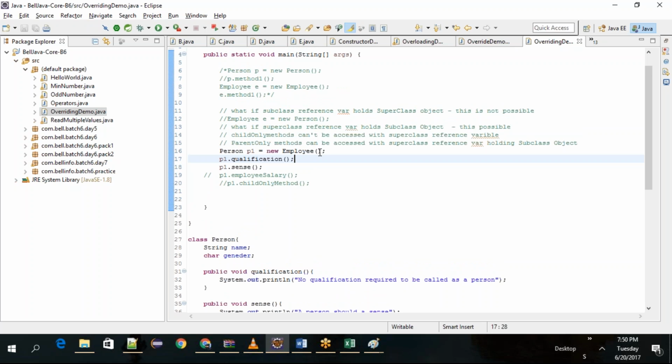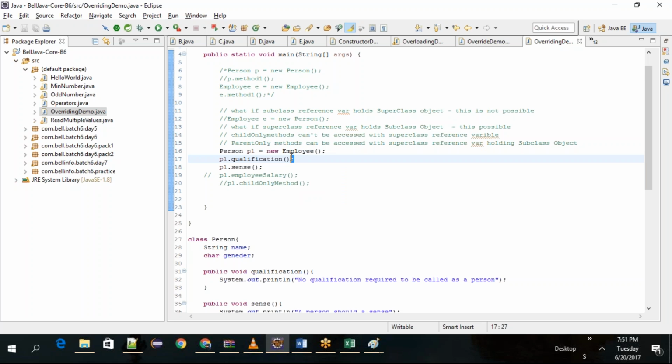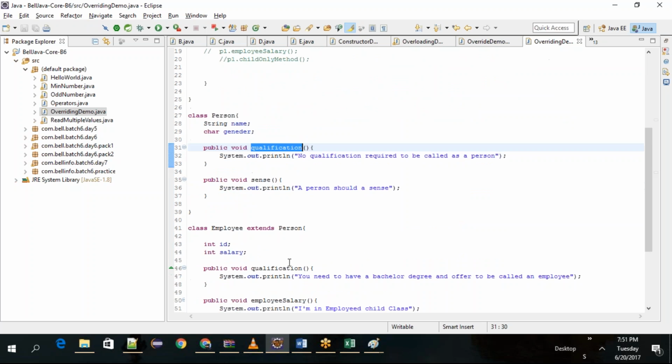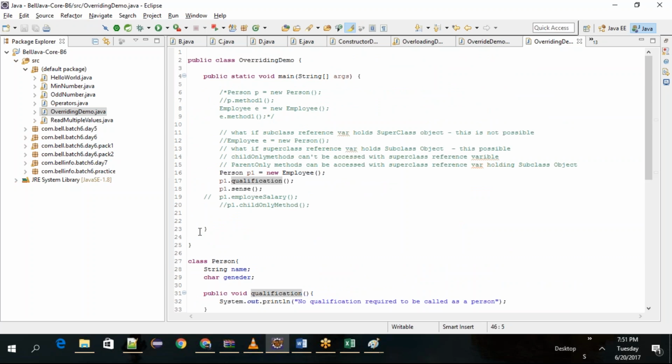Now tell me, by looking at these two lines, I created an employee object and assigned this employee object to P1 because it satisfied the person definition, since employee extended person. Now I am calling P1 dot qualification. When I ask which method will be called, you said the employee qualification method will be called, right? But based on what you are seeing, by looking at it, the employee object will be created, until and unless this object has been created,